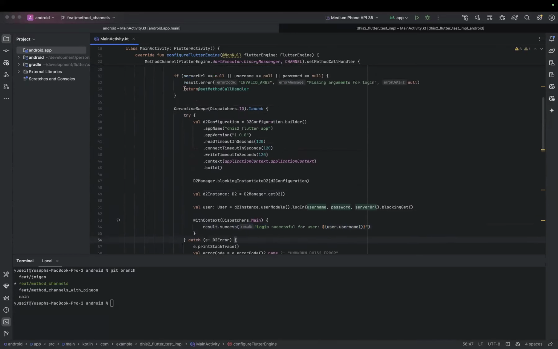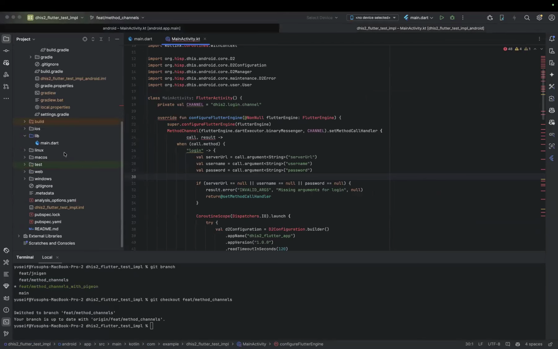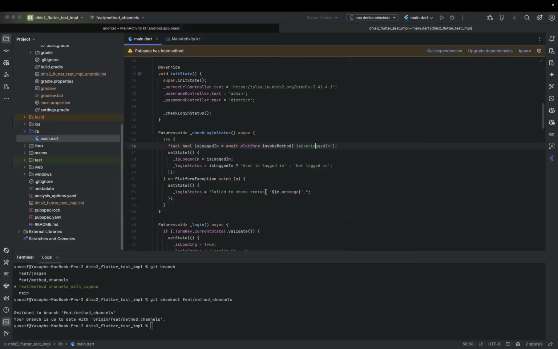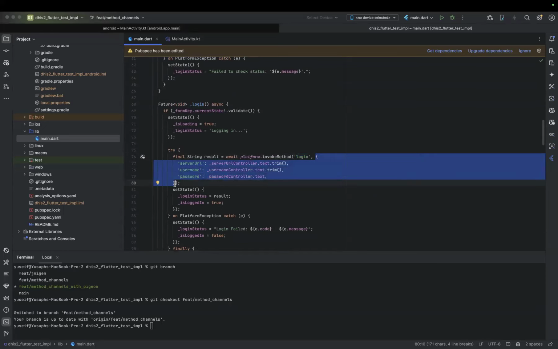So if you notice, in our Dart code, we call these methods by names like this. For example, this login function, we call it by name, and I also pass the arguments. Then in Kotlin, we have an object where we can access this function name and the arguments that have been passed, and act accordingly based on what has been provided in the UI in that code. So I hope that is a little bit clear.